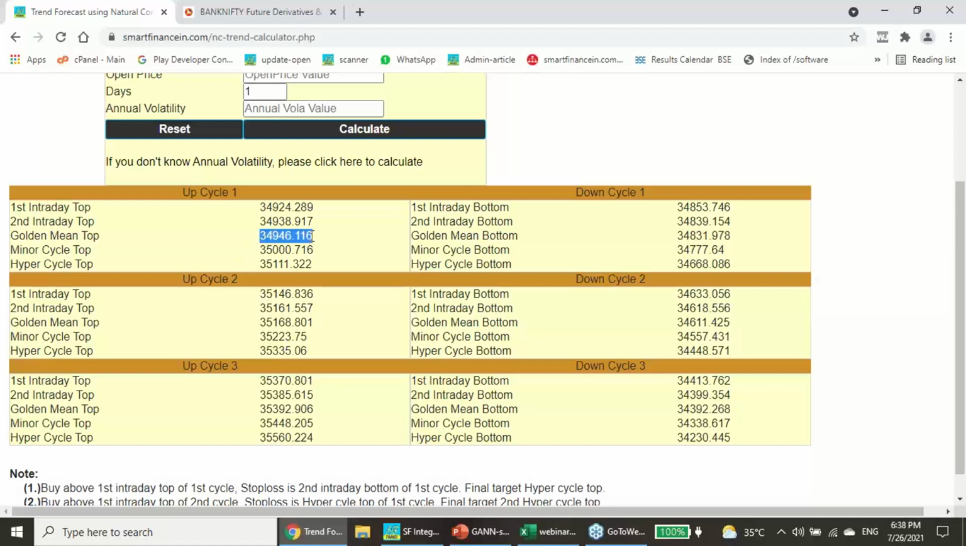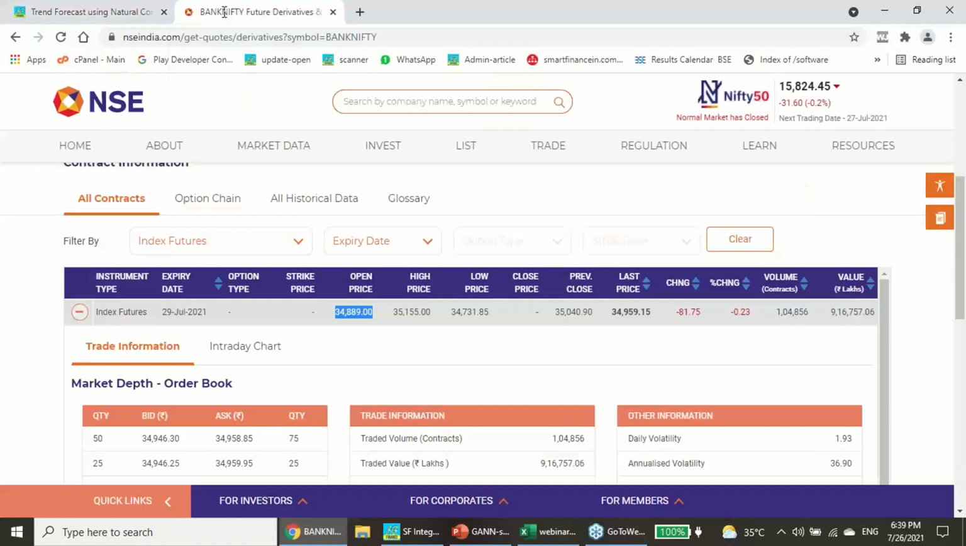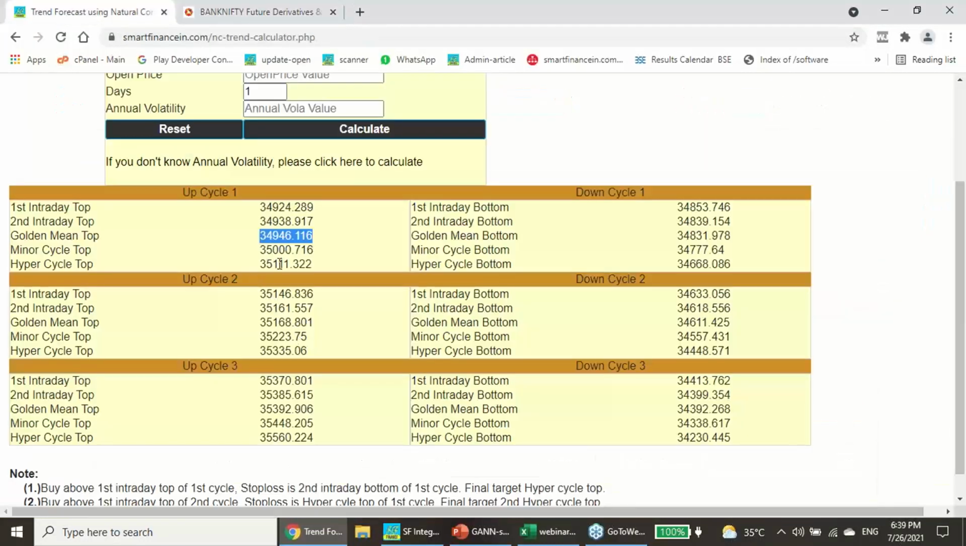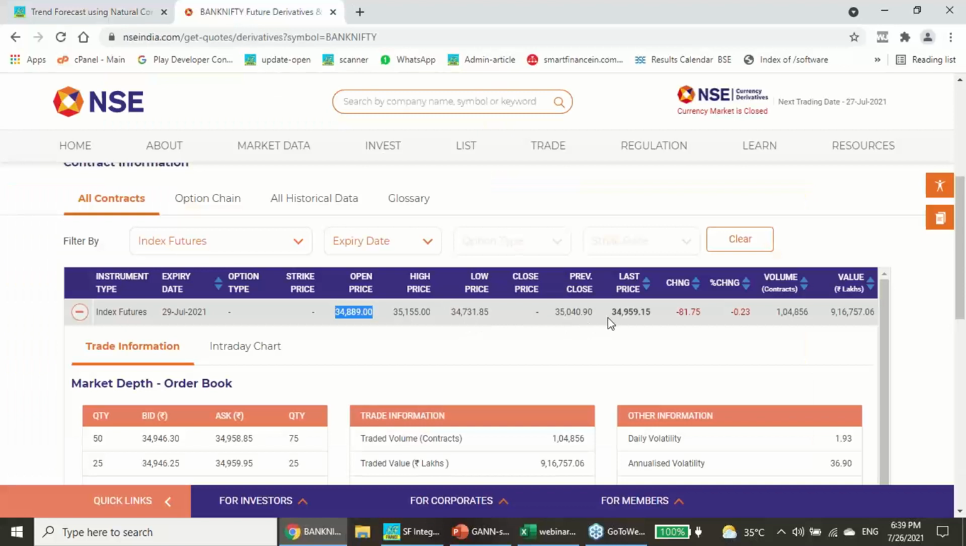So just 10 to 15 points above it is settling. Here you are going for 35,155, with your first cycle completing the hypercycle at 35,111, then 35,155. From here only the retracement starts, 5 to 6 points, very close to that. So the retracement starts here, and you are settling just a few points above that,